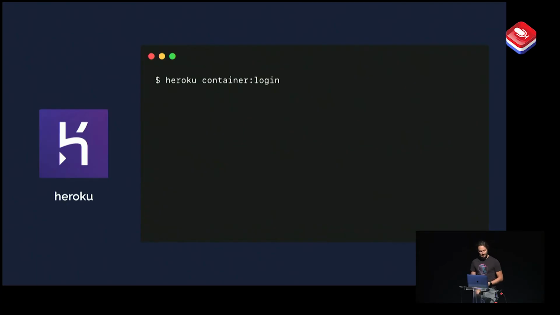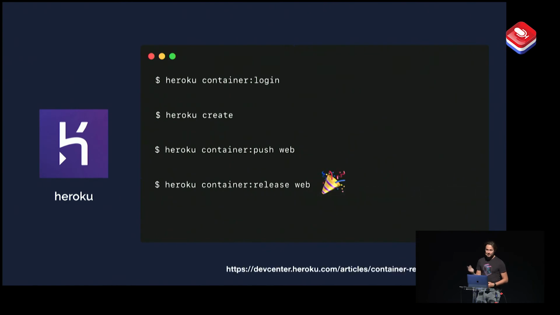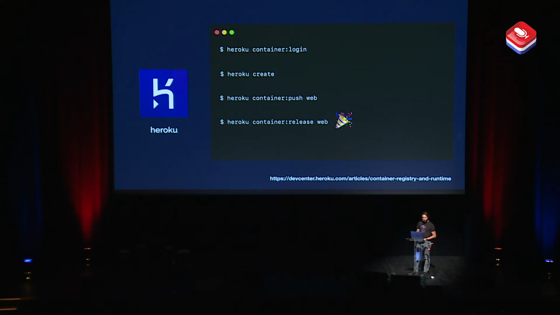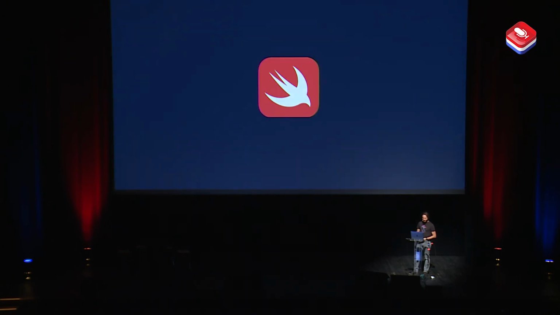we can deploy our container on Heroku, using those simple steps. So you first have to log into the container registry only once. Then create your Heroku app, obviously, if it doesn't exist already. And after that, you just have to push your container to it. So web is used on Heroku for front, so still a web thing. And then you can release it. And boom, you've deployed it.